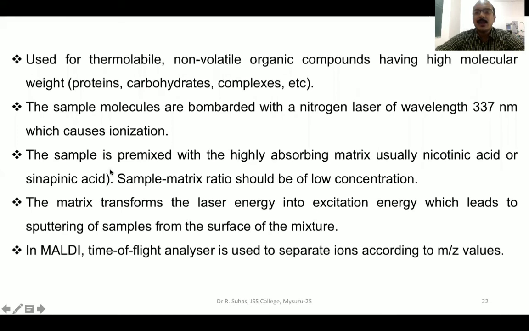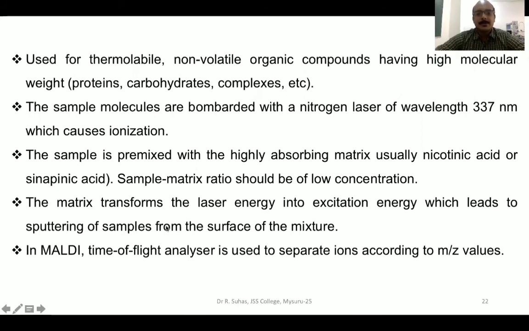Before nitrogen laser bombardment, we have to pre-mix the sample with a highly absorbing matrix. Usually used matrices are nicotinic acid or sinapinic acid. One important thing you should understand here is that the sample to matrix ratio should be as low as possible. You need to keep the concentration very low, because in mass spectrometry we use a very tiny amount of sample, of the order of nanoscale, not more than that. If you give more sample, the different ionization channels will be blocked,